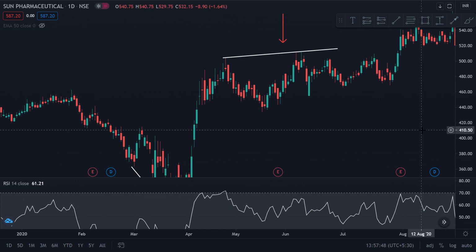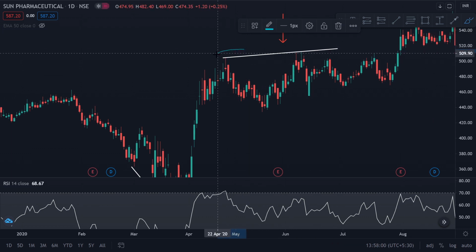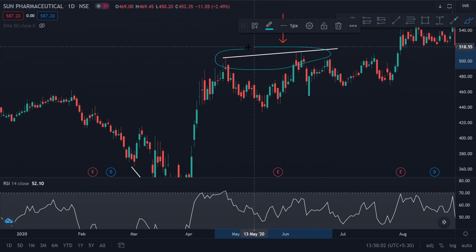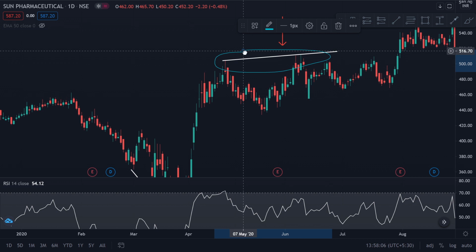I'm warning you again, nothing is 100% in this market. Even my RSI divergence has a very high probability and a very good success rate, but still even this does have some failed cases, and I want to show you those as well. I just don't want to show you only the cases which passed and make you feel like you've achieved trading or you're a successful trader now because you have the secret strategy.